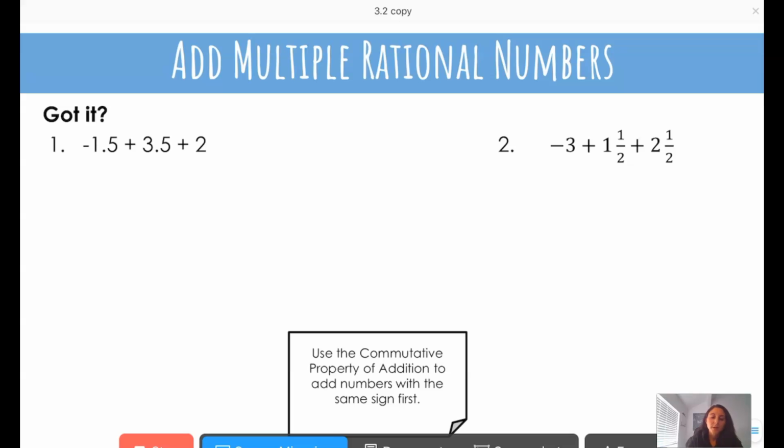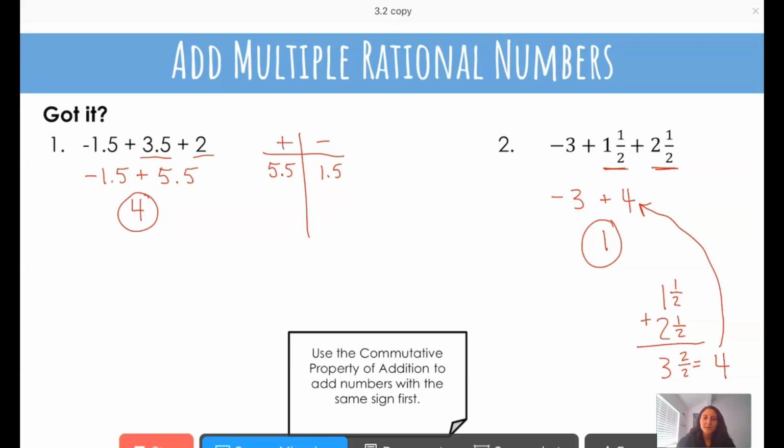All right, try numbers 1 and 2 on your own, and then hit continue to check your answers. Take a moment, check your answers with my answers. If you don't have any